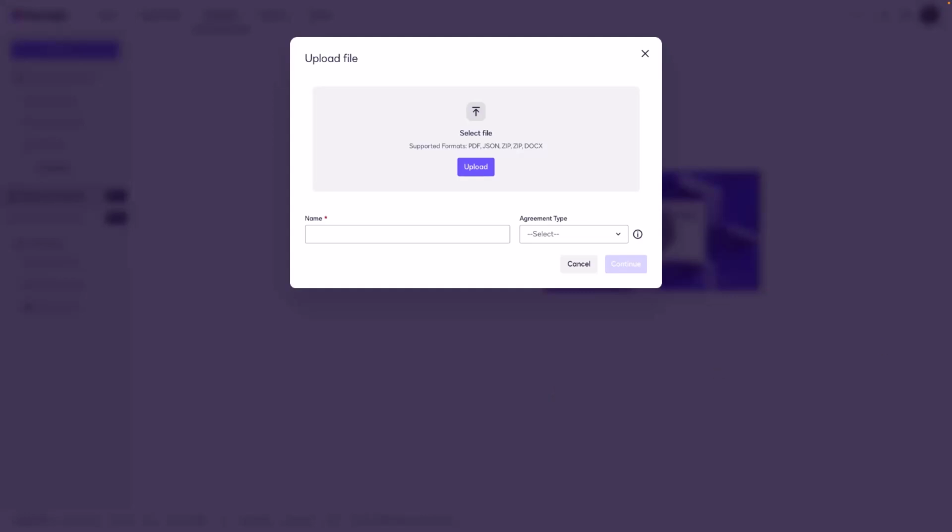Next, I'll go ahead and upload my offer letter here. We can see the name added here automatically, and now we're asked to select an agreement type. Here's one for offer letter. By selecting a relevant agreement type, you're going to be generating the agreement type fields that will be suggested when you add the sender agreement fields to the document. We'll see this coming up in just a bit. If you don't select an agreement type, it's not required, then it's going to default to miscellaneous. Let's go ahead and click on continue.